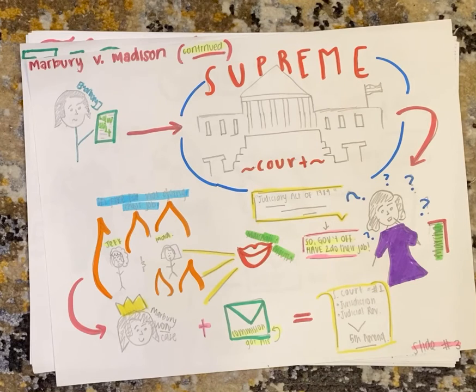Now that Marbury had sued because he didn't get the commission Adams had assigned him, the Supreme Court had to make a decision. They used the Judiciary Act of 1789 and said that government officials had to perform their duties if filed. This was important because it determined that the Supreme Court can make influential decisions against the President and Congress if necessary. Marshall ended up ruling that Marbury should earn his job,